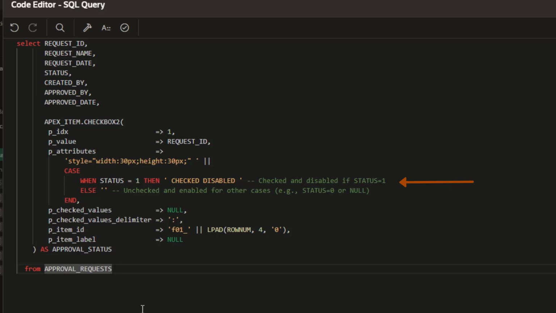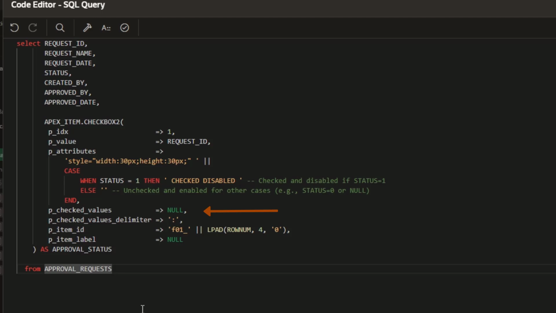It uses a case statement to conditionally modify the attributes. If status is equal to 1, the checkbox is checked. Checked displays as already approved. Disabled prevents user interaction since it's already approved. Otherwise, the checkbox is unchecked and enabled, ready for user interaction.